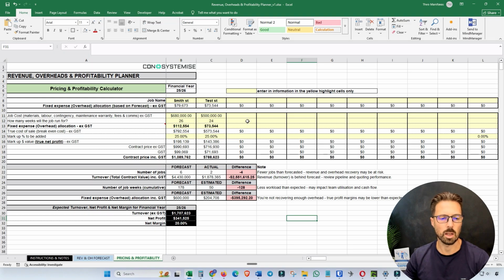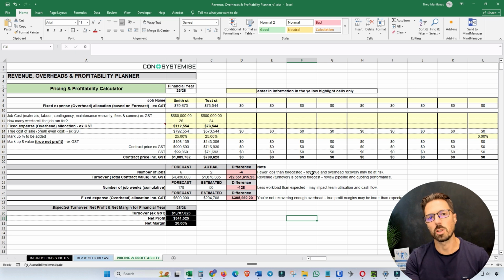There's another process where what I recommend is updating this in the middle of the year and at the start of the year. So you're doing it twice per year. And that way you can review your overhead costs at the midpoint. So let's just say you review it at the start of the financial year, 1st of July, and then you might look at it again on the 1st of January, just to make sure that whatever you've forecast and projected